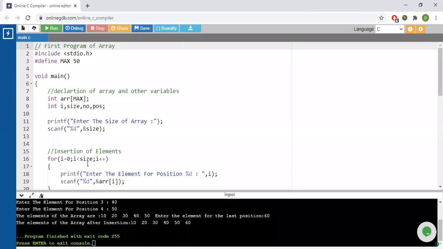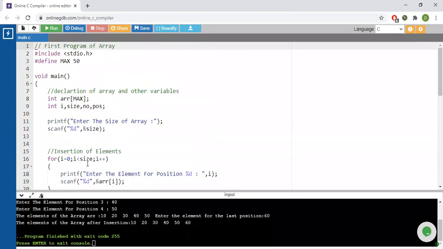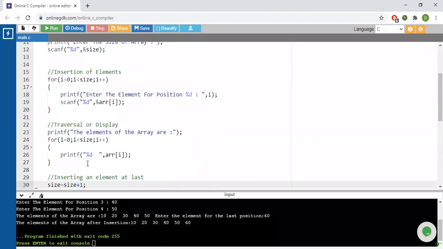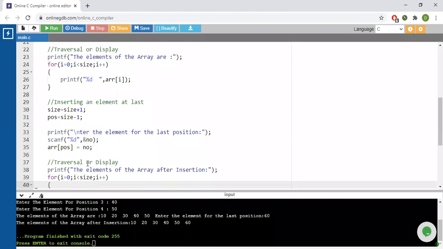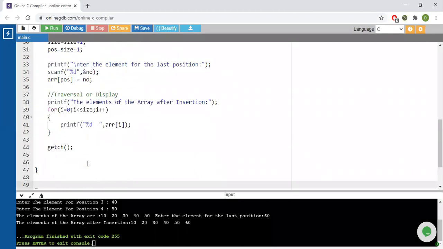Okay, fine. So yes students, this was the code for today. Again, I'll quickly go through. We have declared an array and certain variables, we have taken the size of the array, we have taken the elements from the user, and we have displayed the elements. Then we have increased the size of the array because the user wants to enter one more element, but it is very clear that the user will enter only at the last position. And then we have simply printed the array again.